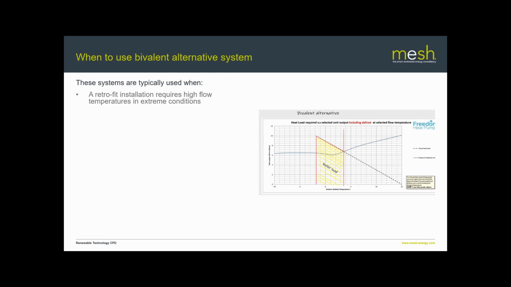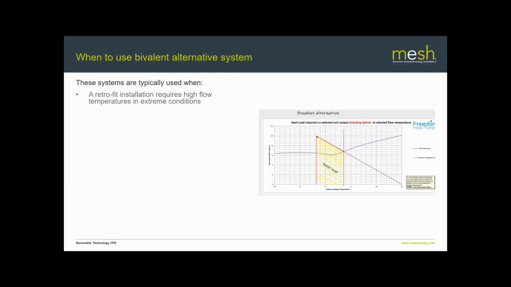So you can see this particular heat pump's got a fairly flat output curve. A lot of them drop away quite significantly when you get down to minus 10, minus 15, but this one's relatively flat. So it's quite a good, well-designed heat pump. But you can see the output does drop as you get down to around zero, or just 1 or 2 degrees. It's at its minimum, and then it starts going back up again a little bit. So by selecting a different heat pump, you can move where that bivalent point is, and you can